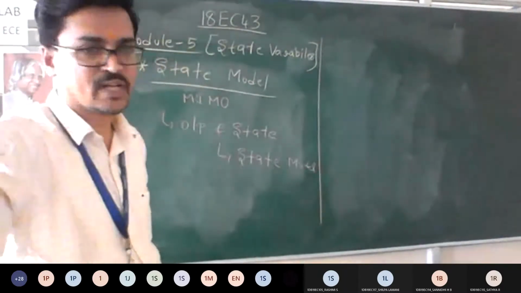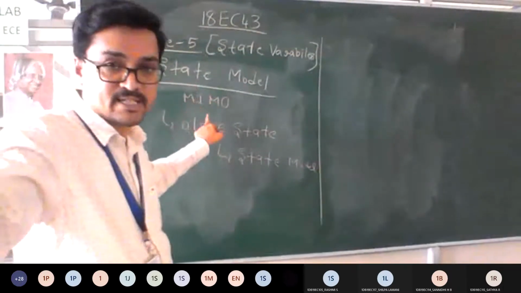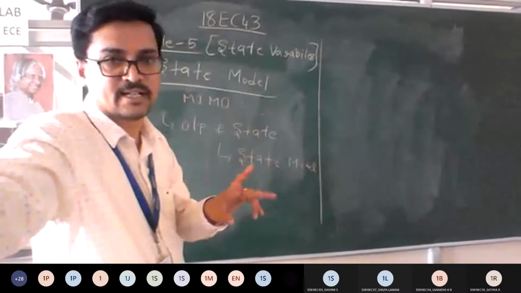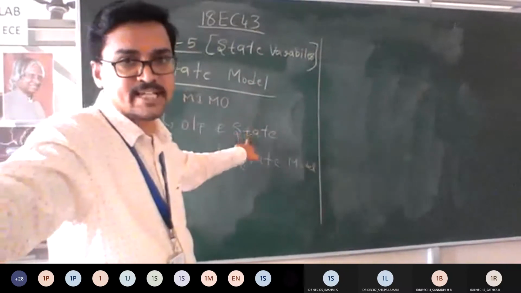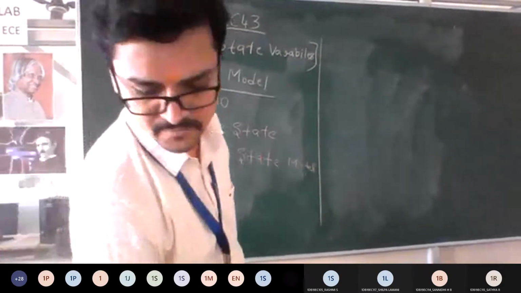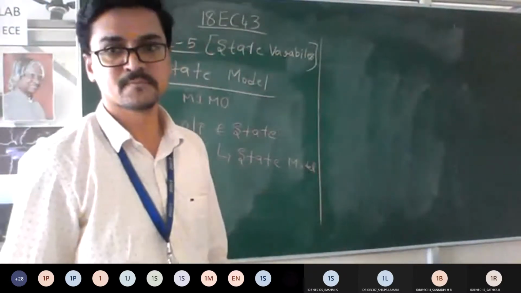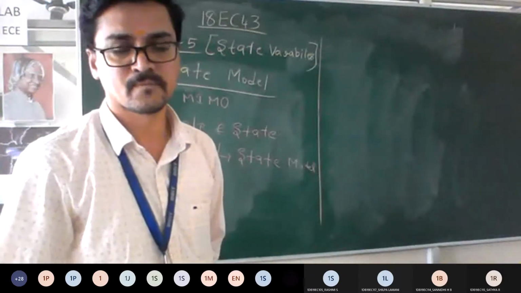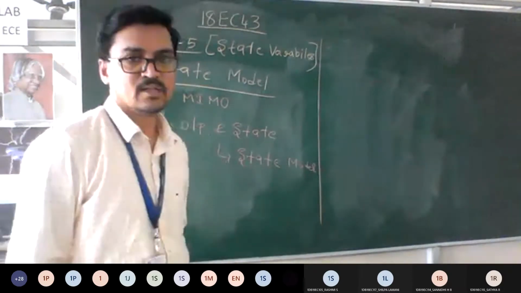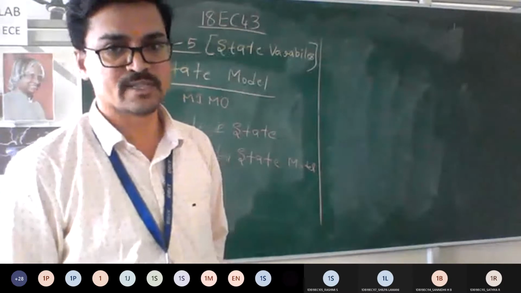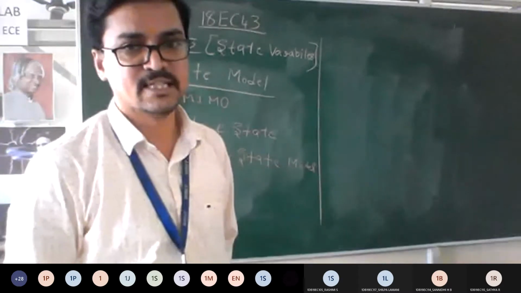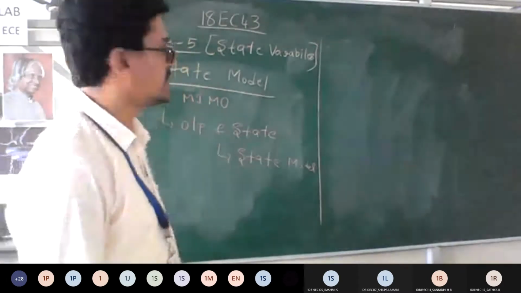So am I clear with the definition? Whenever the state model comes, it is analyzed with respect to multiple input, multiple output logic, in which the two major things you are supposed to calculate are the output equation and the state equation. If you combine these two, that itself is called the state model. Am I clear till here? Is it okay to everyone? Is it fine, guys? Yeah. So now there is a derivation on this and there is a problem on this. If you are able to understand the derivation, in the same way you can expect the problem. So let's take the heading as derivation for state model. We'll go with the derivation now.